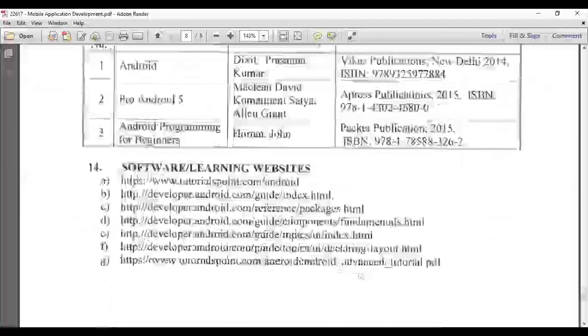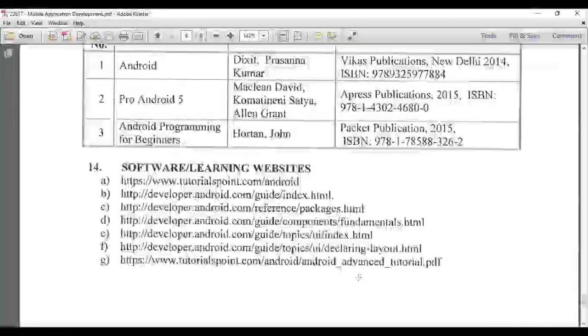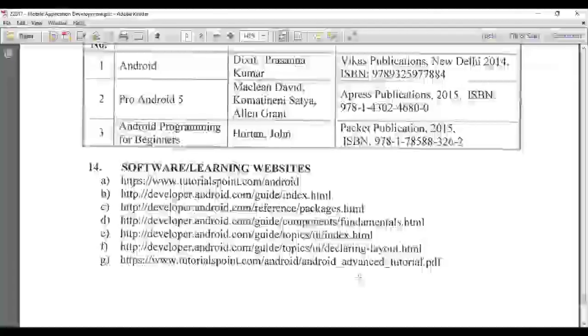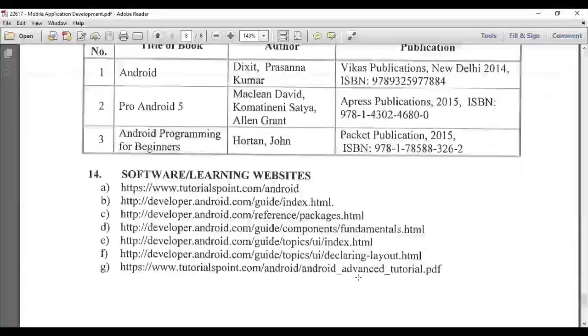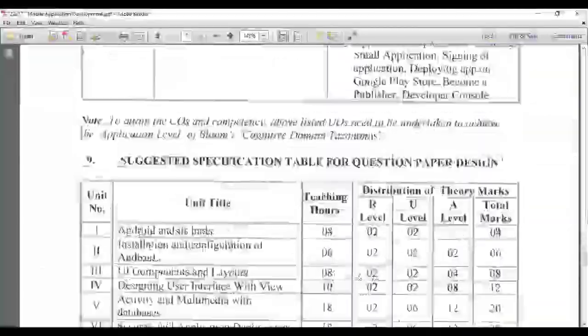And apart from this, there are some learning websites. So this is the wonderful reference that they have put in your syllabus. All the stuff you can get from these particular websites. Okay, and after that,